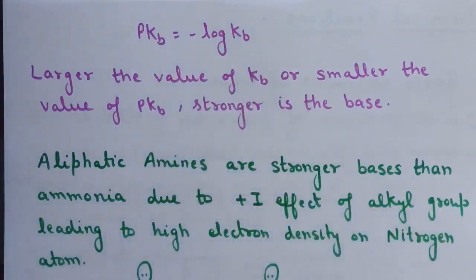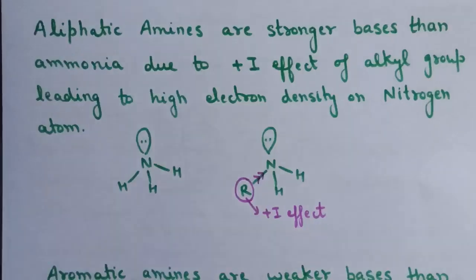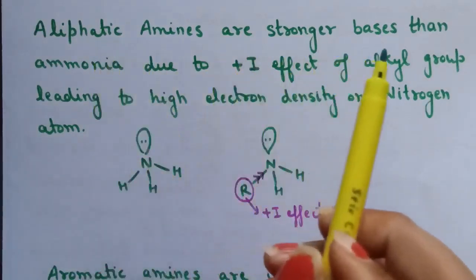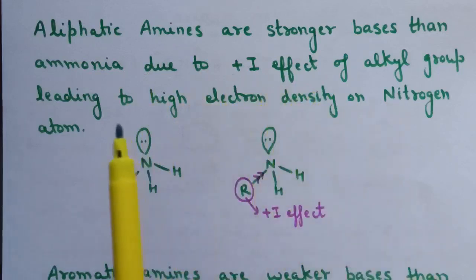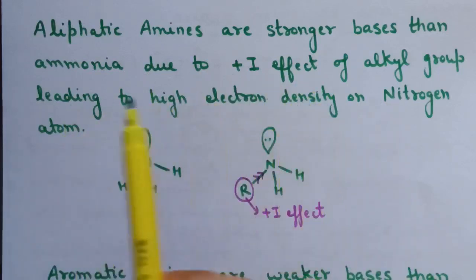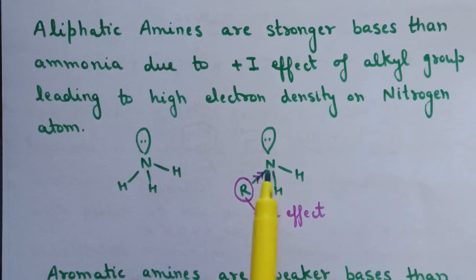Now if we compare the basicity of aliphatic amines with ammonia, aliphatic amines are stronger bases than ammonia, and the reason is due to plus I effect of alkyl groups leading to high electron density on nitrogen atom. So here is the structure of ammonia molecule, and here is the structure for primary amine, that is RNH2. As we know that R group, alkyl groups, has electron donating effect. So this R group will increase the electron density on nitrogen atom due to plus I effect, and therefore electron density on this nitrogen increases,